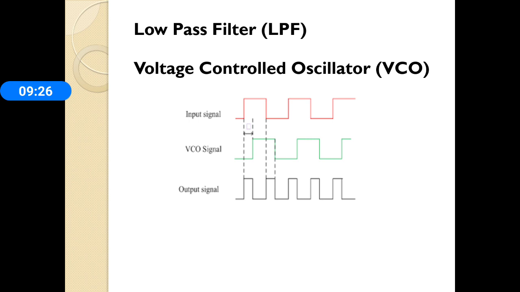Lock range is the tracking range, the range of frequencies over which the PLL system follows the change in the input frequency, while the capture range is the range in which the phase locked loop attains the phase lock. When the filter bandwidth is reduced, the response time increases, but this reduces the capture range. It also helps in reducing the noise and in maintaining the lock loop through losses of the signal.